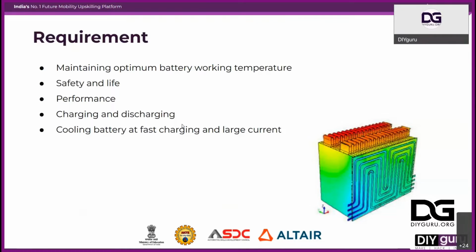Now what we have is performance. As I told you about the C rating, for example, if I have a motor and that motor takes 100 amps, it will provide 10 newton meters of torque. And if you provide 200 amps, it will give you 30 newton meters of torque. That ampere rating you're providing to the motor is provided by the battery pack, so the cell is providing it. So if you take your cell without any thermal management and you induce 200 amps over there,